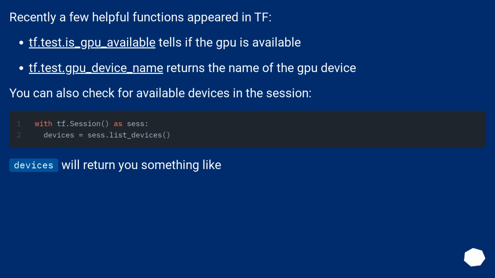Recently a few helpful functions appeared in TF. tf.test.is_gpu_available tells if the GPU is available. tf.test.gpu_device_name returns the name of the GPU device. You can also check for available devices in the session. Devices will return you something like